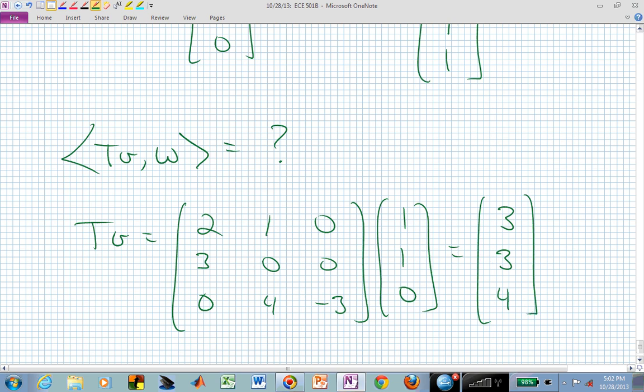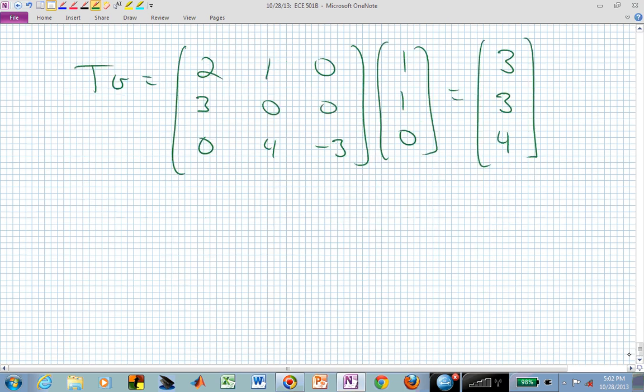Now I have to leave the room, don't I? If my dimensions were correct. But now I go over 3, up 3, and up 4. Well, that's this place over here, right? 3, 3, and 4. So I'm in three-dimensional space now, and I want to take the inner product of